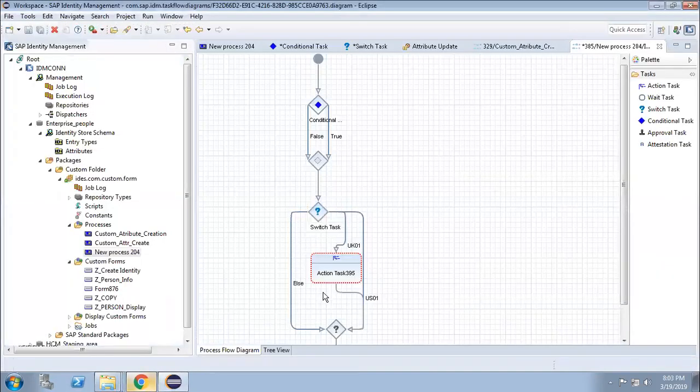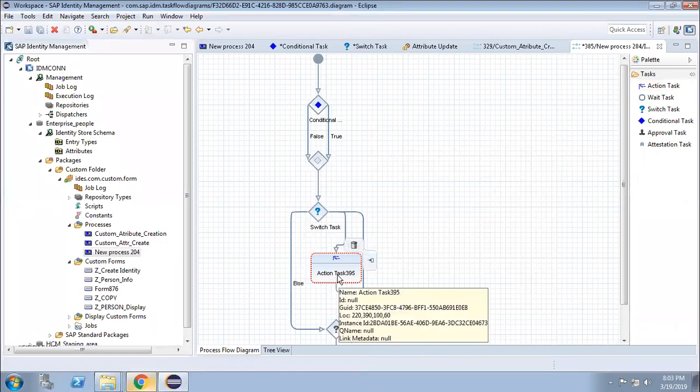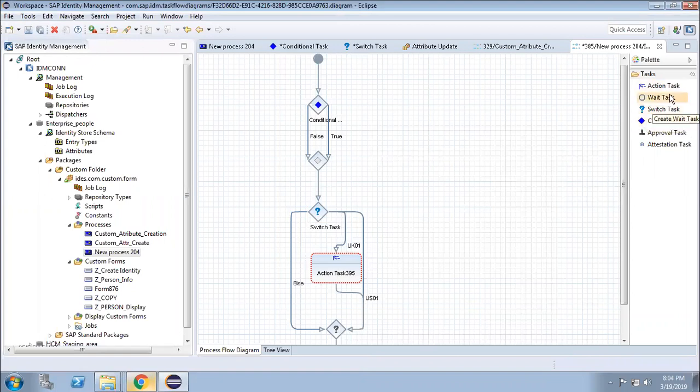What I told you is that it will update the time zone, time format, date format, everything. So in order to update those things, any kind of update in terms of user attributes, you have to have this action task. This is called the action task. So condition, switch, wait: these are the tasks which basically reroute your path, whether it will go this way or that way, or another way.